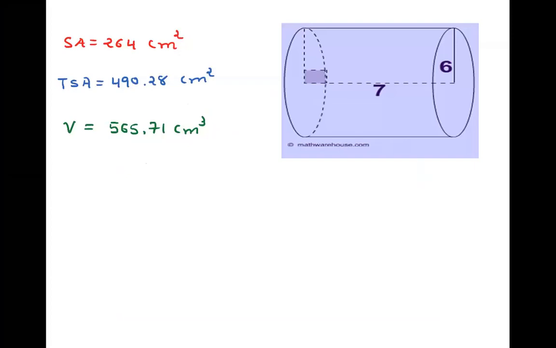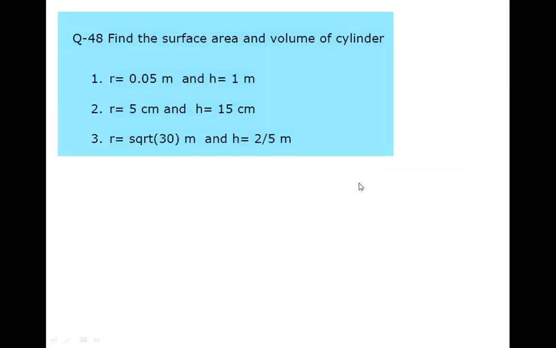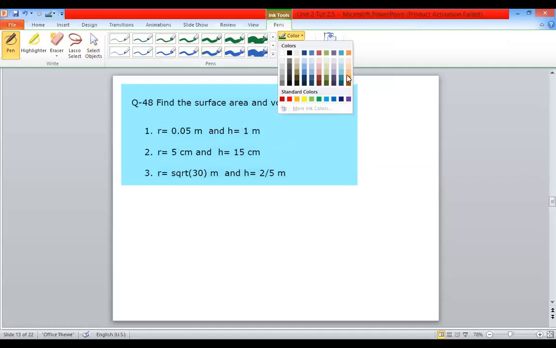All the students, please try to solve the examples. So remember these formulas. If they ask you surface area, you just take 2 pi r h. Total surface area means the surface area of the cylinder plus 2 times the area of the circles, and the volume represents the capacity of your cylinder. So look here, more examples. Let me try this question in your homework, not to solve here, because we discussed everything.